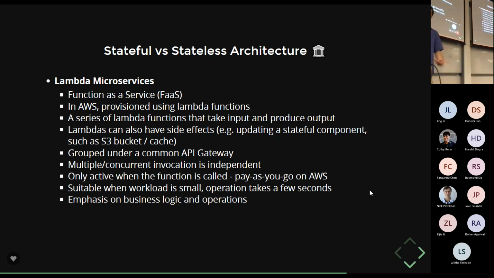The point of it, a Lambda in AWS is the same idea, where it's like a toaster, right? You call it, there are local variables within it, and then the local variables die and get garbage collected, so to speak, when the Lambda finishes. So we call this function as a service, and provision using Lambdas, and they take input and produce output. Now that's not to say that Lambdas can't modify state,